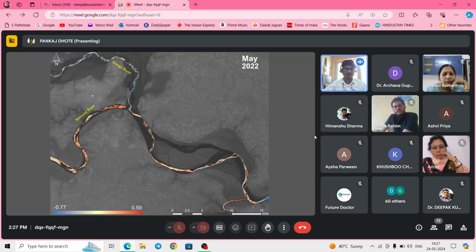Now this is one example of water quality mapping. Here you can see that from the satellite image we try to map. There is a variation in the color scheme from blue to red, which is basically the representation of how NDTI is varying. Here I can clearly see there is a variation in the turbidity